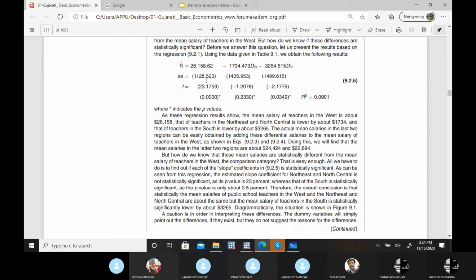Like in this case, if it's insignificant, I would say that there is no significant difference in the average salary in the West. But then I have to see which one is significant. It might be that another one is significant. Then I just say that for that particular category, its wages differ from the average annual salary. But that's a very rare case, because that's why we put a lot of focused effort before deciding the benchmark categories. In the first place, if the benchmark is insignificant, there is no point to introduce the dummy variables.